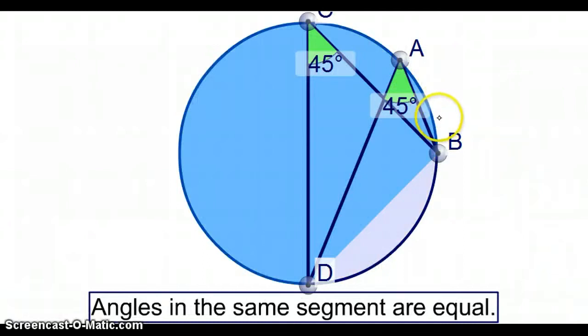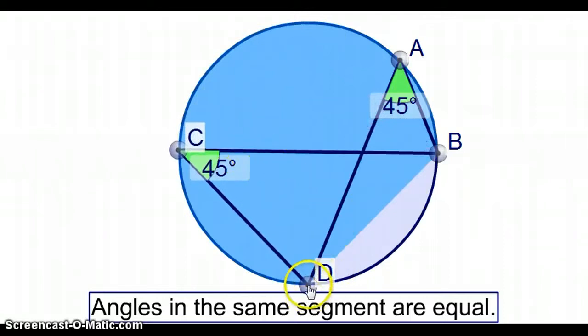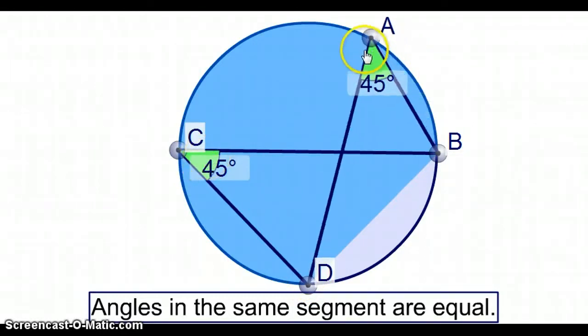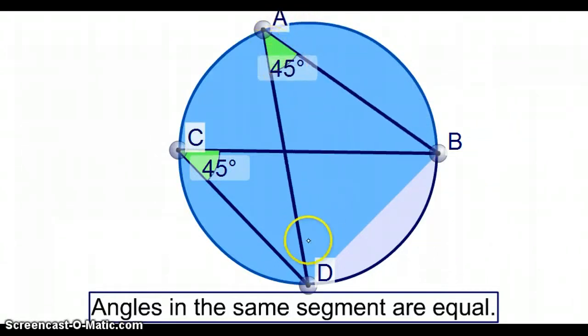Okay, this is the one I was talking about. Here, we have angles in the same segment are equal. Now if we start at D and just have a look, if I go to D, up to C, down to B, up to A and down to D, it's a little bit like drawing that house with a cross in it without taking your pen off the paper. If you can do that, then we've got angles that are going to be the same in the same segment. Okay, now you can see that A and C are the same,